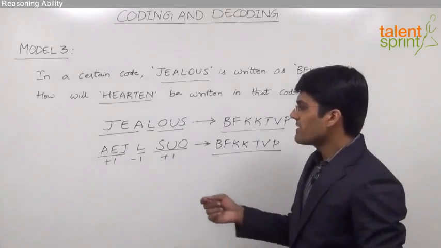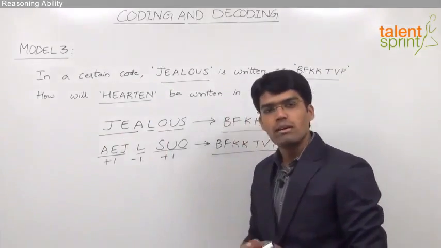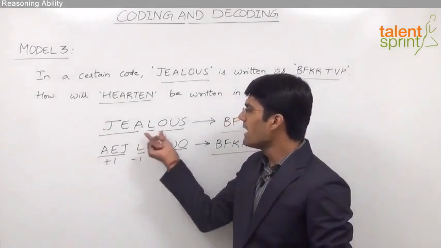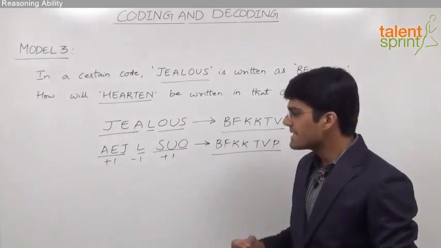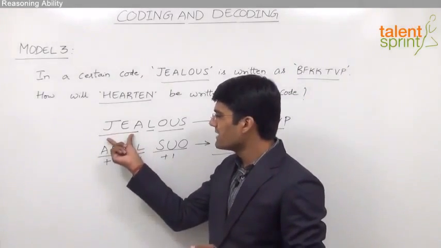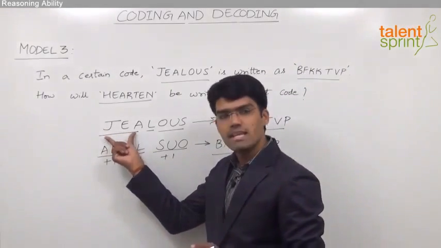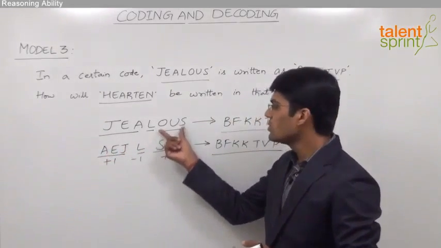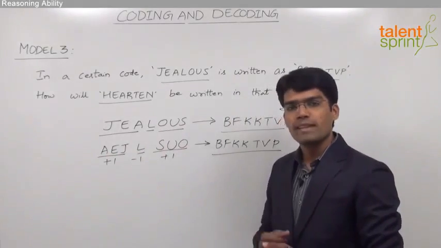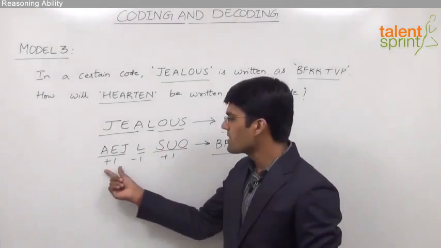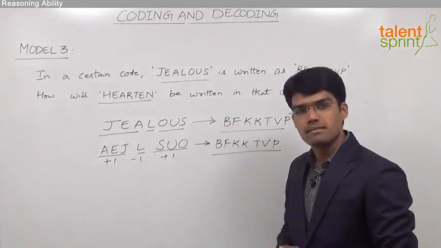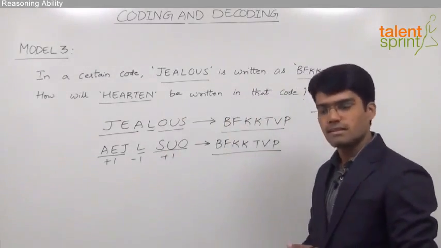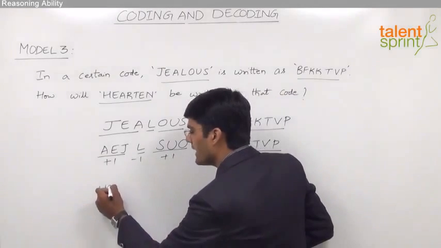Let me repeat, the first step is to divide the given word into different parts, that is JEA, L and OUS. The second step is to reverse the letters in each of these parts. So JEA becomes AEJ, L remains as it is, and OUS becomes SUO. And the third and final step is to shift the letters in each of these parts. Let us do the same 3 operations on the word hearten to get the answer. So the given word is